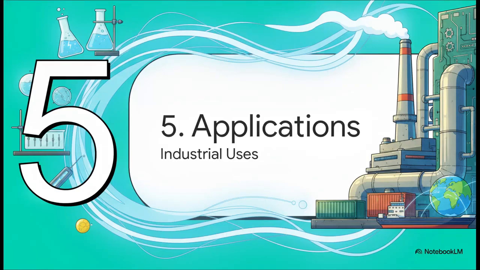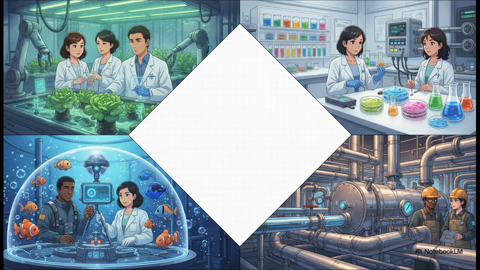Section 5. Real-world industrial applications. Let's step away from the laboratory bench and look at the massive global industries relying on this technology every single day. You can really think of conductometry as the silent guardian of modern infrastructure. In agriculture and hydroponics, it ensures the perfect dissolved nutrient in fertilizer dosing. In aquaculture, testing salinity is a matter of life and death for the osmoregulation of fish. Pharma companies use it constantly to study drug stability. And in industrial water treatment, measuring conductivity actually predicts and prevents catastrophic corrosion in huge boilers and heat exchangers by